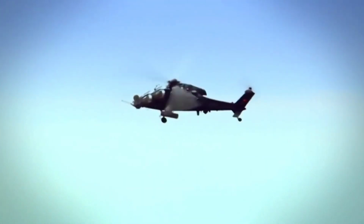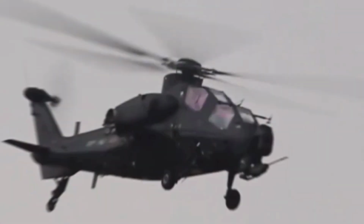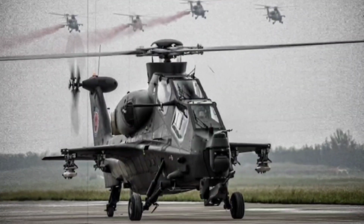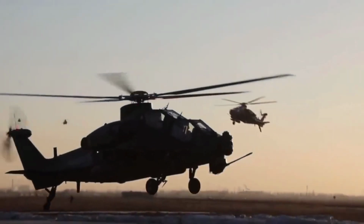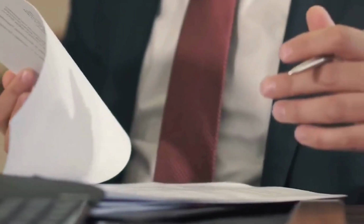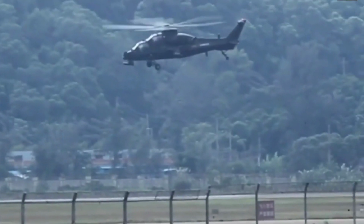An updated Z-10 assault helicopter with upward-facing exhaust holes is reportedly being used in the drills. The chopper's infrared signals will be reduced and will be more difficult to target, according to a newspaper report. The Z-10's exhaust and side structures look to be conformal and rounded in an attempt to boost stealth. According to the documentation, the exhaust does appear to be horizontal, if not upward-facing, because it was not intended to